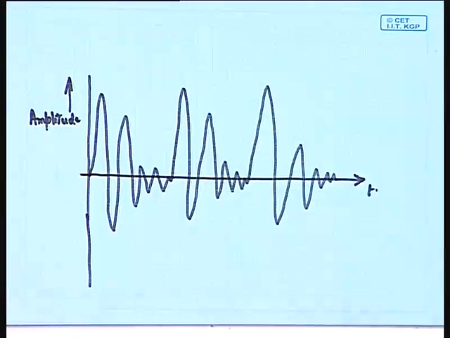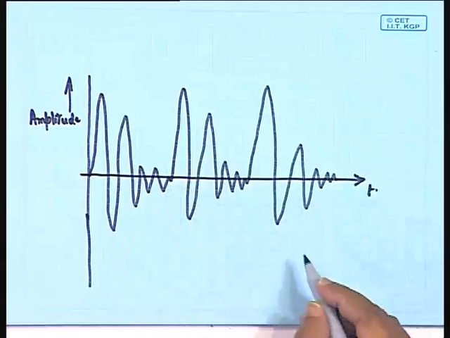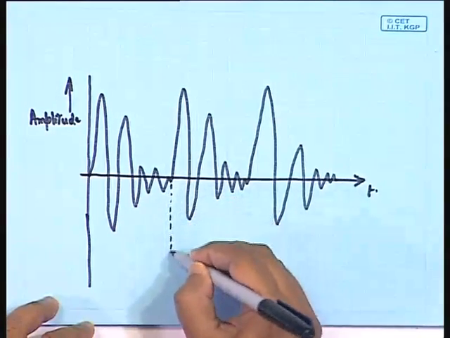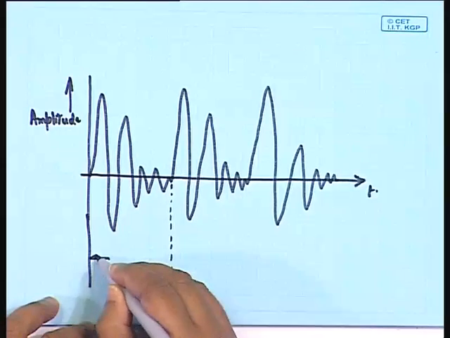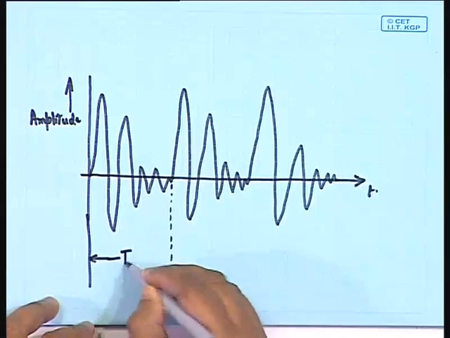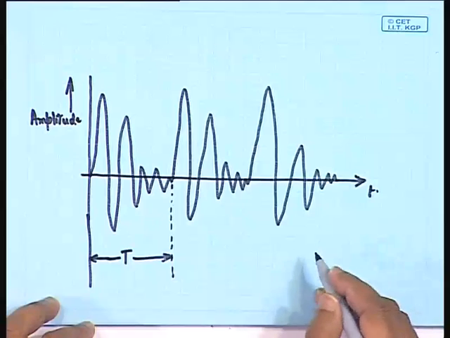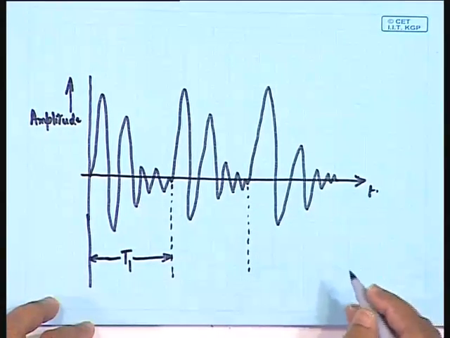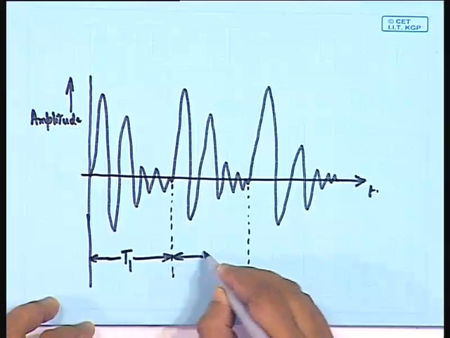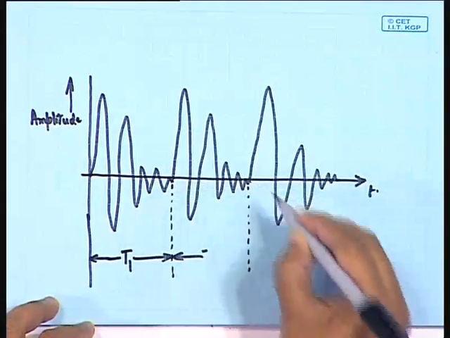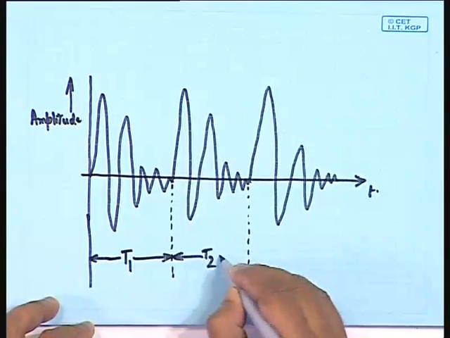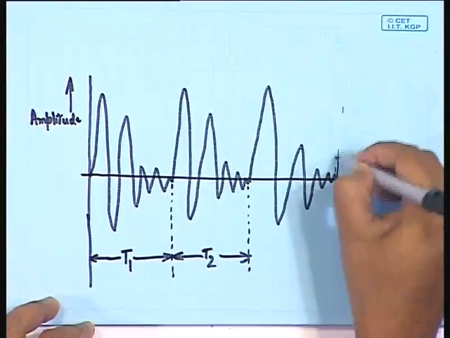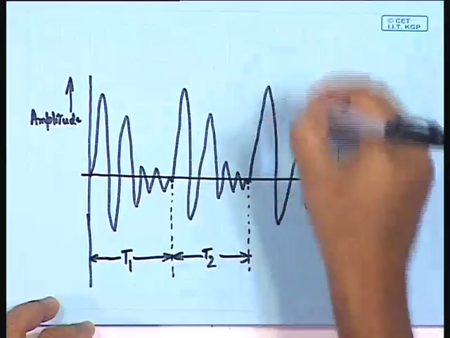Can you see now a kind of periodicity? Well, if you take the waveform from this instant to this instant and call this time t. Again, from this instant, say we call this time t1, and from this to here, we call this time t2. From here to here, because here will be the beginning of the next